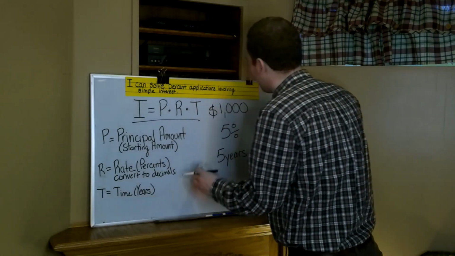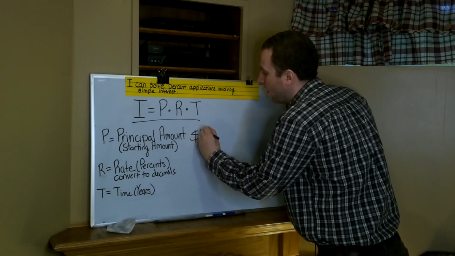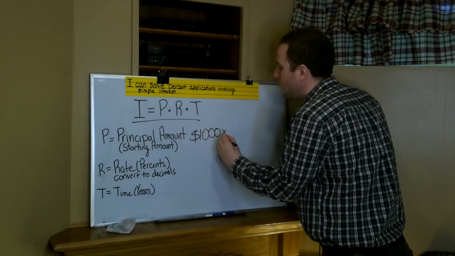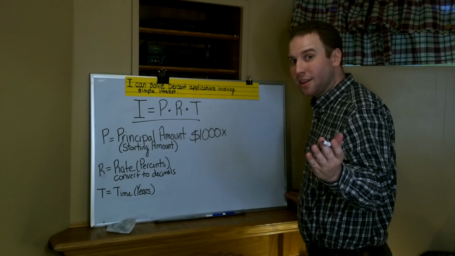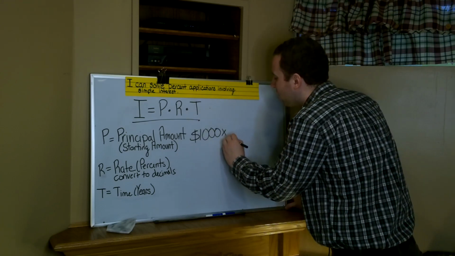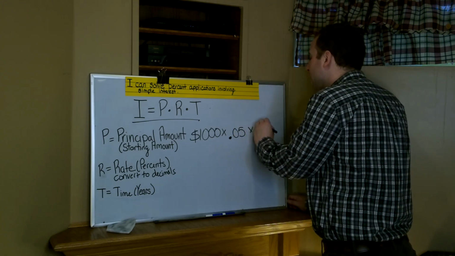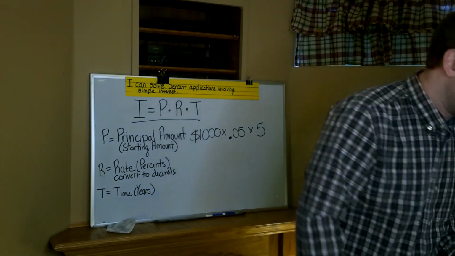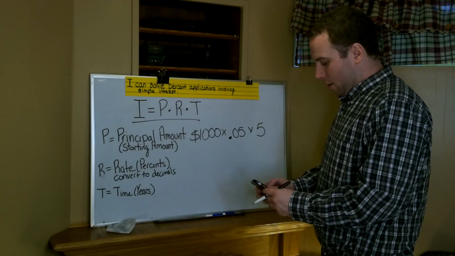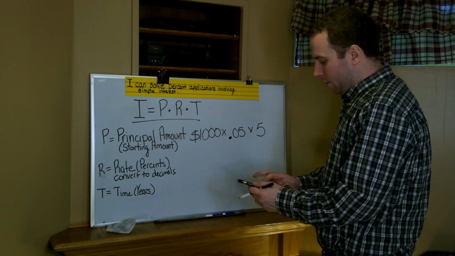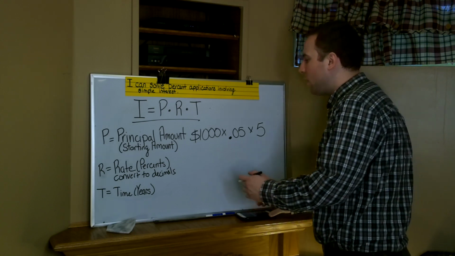So if we look here, we do 1,000 times 5%, because that's our rate. We have to turn percentages into what? Decimals, that's correct. So 5% becomes 0.05. And then we multiply that by 5 years. If we plug that into our calculators, 1,000 times 0.05 times 5, we end up with an interest in